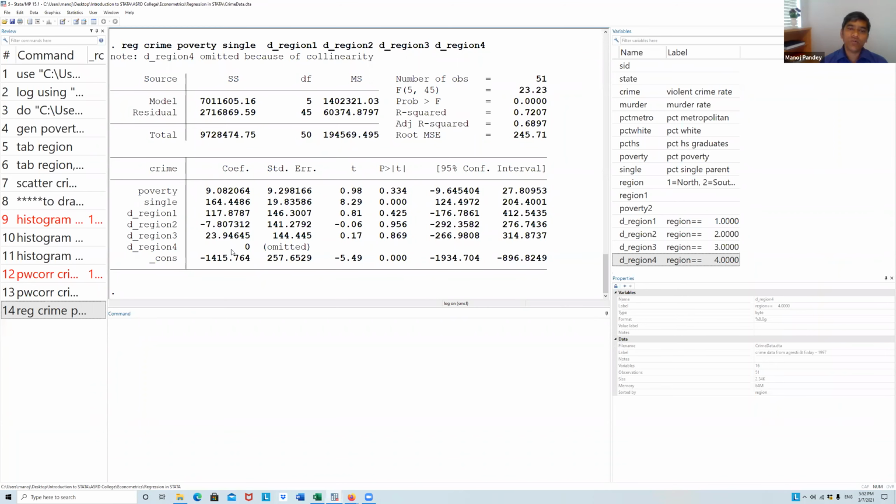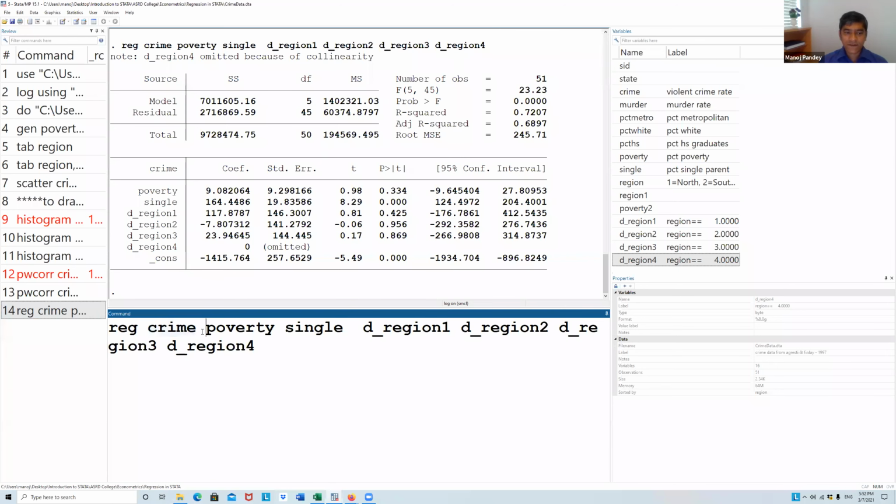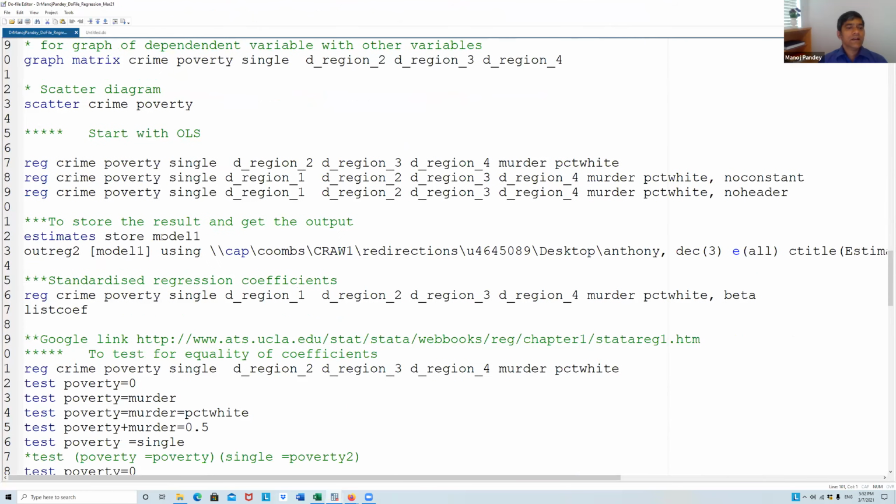For causation, you'll have to do some sort of endogeneity test, you'll have to control for some more key variables and look into so many other factors. So I'm not going into that. Stata will basically use crime as the dependent variable and all these others as explanatory variables. Okay. So what I will do is I will put some more variables.